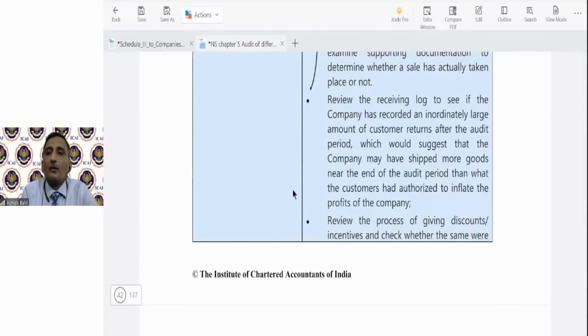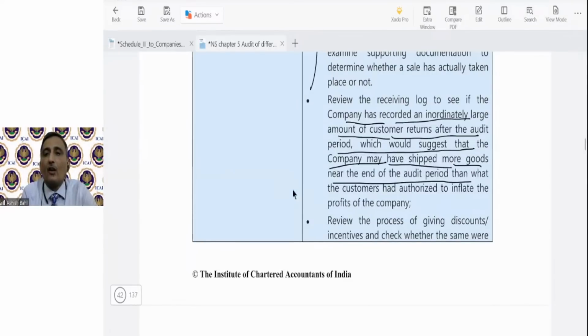Reviewing the receiving log to see if the company has recorded an inordinately large amount of customer returns after the audit period, which would suggest that the company may have shipped more goods near the end of the audit period, and what the customers had not authorized, to inflate the profits of the company. So ये students, ये point मैंने जो आपको केस स्टडी करवाई थी कार्तिक वाली लास्ट क्लास में, उसमें भी ये पॉइंट डिस्कस किया था कि सेल रिटर्न्स का